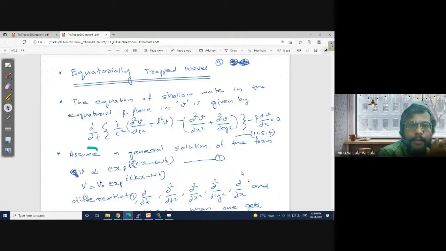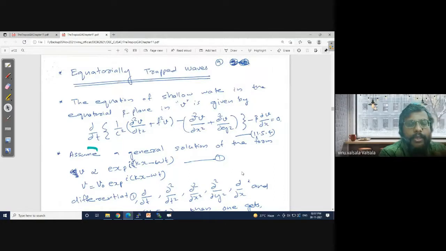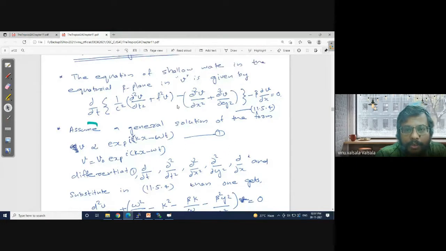So now for the tropical dynamics, we have the equation. Okay, so we have the equation, which is the most fundamental equation, which I hope you have solved, derived from equations 3, 4, and 5, which were flashed a while ago. So assuming the solution of the form V equal to V naught exponential i(kx minus omega t), having both real and imaginary parts of the wave solution.